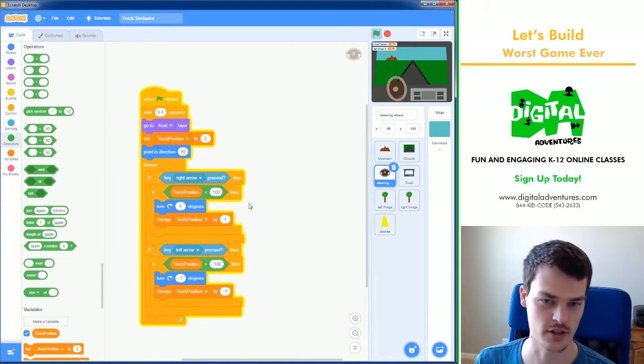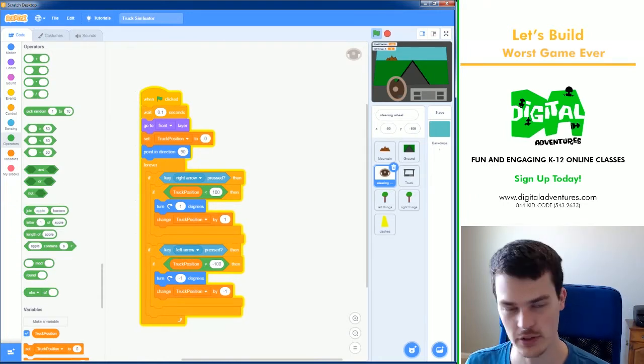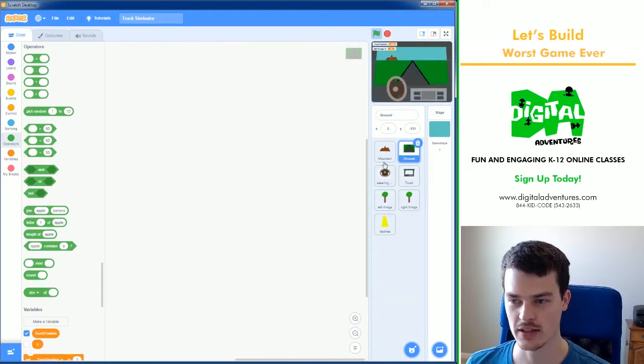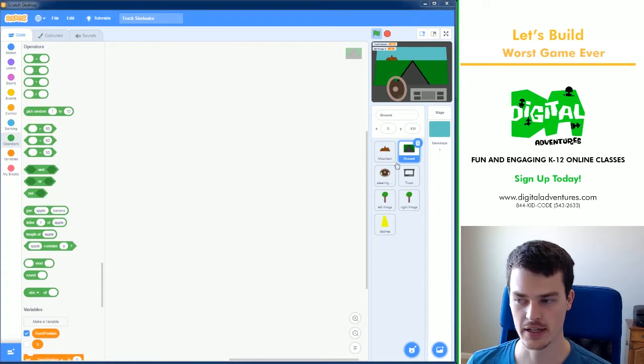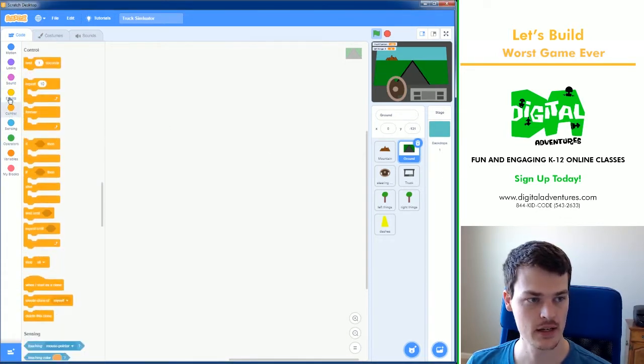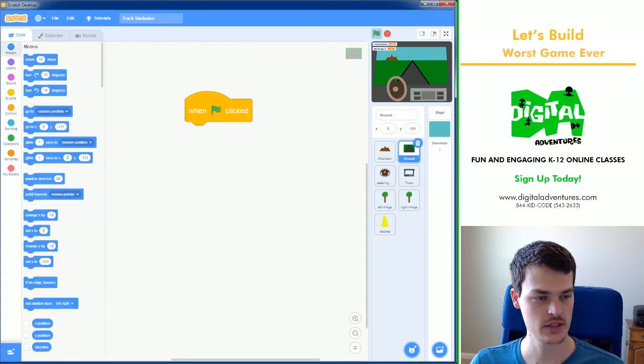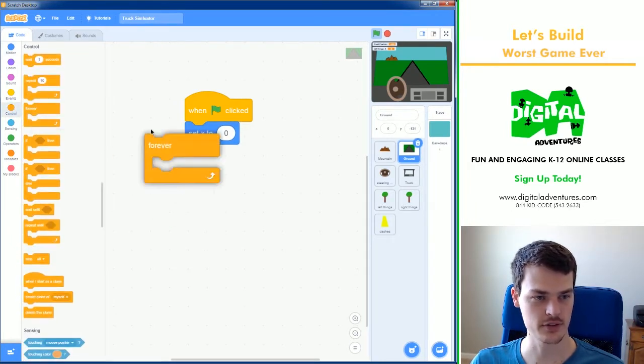So the next thing I need to do is actually move the truck. I'm not moving the truck though, I'm just moving the background, so it looks like we're moving the truck and driving on this long road. To do that, I'm going to go into my ground first. And I'm going to say, when green flag clicked, set my X to 0. And then I will forever